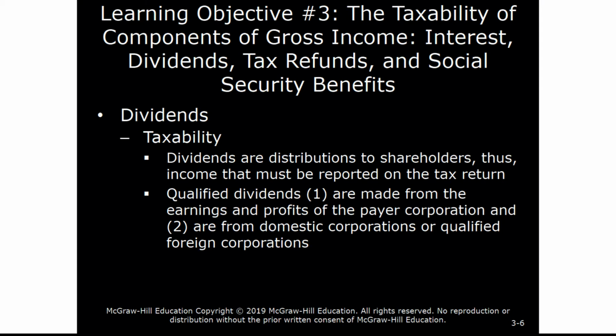So dividends, these are distributions to shareholders, generally out of the earnings and profits, either current or previous or accumulated earnings and profits of the corporation. So earnings and profits is a new term to us, and earnings and profits is very similar to the concept of retained earnings on the financial accounting side. So the two concepts are very similar, but in the tax code we use the term earnings and profits, or